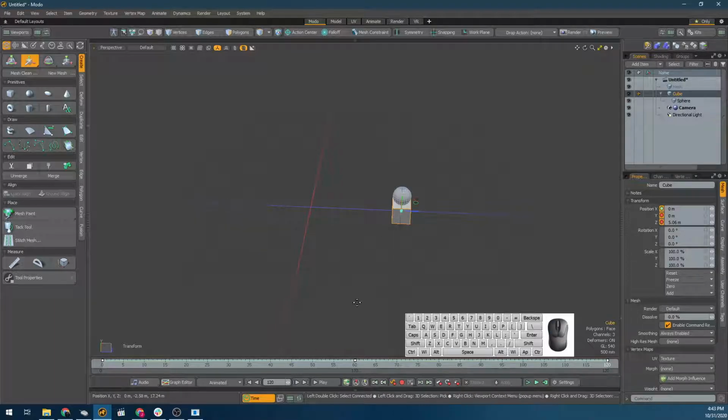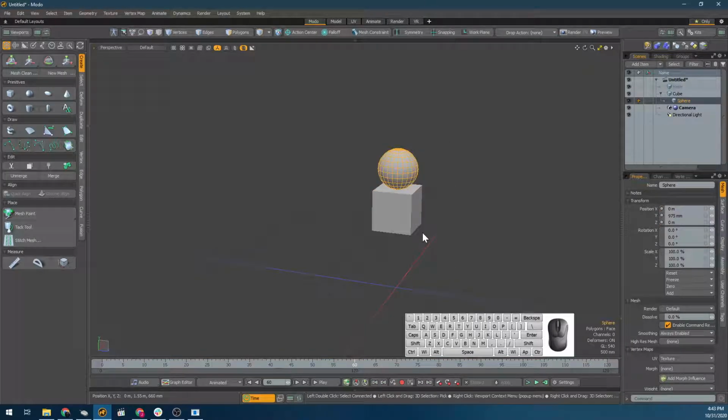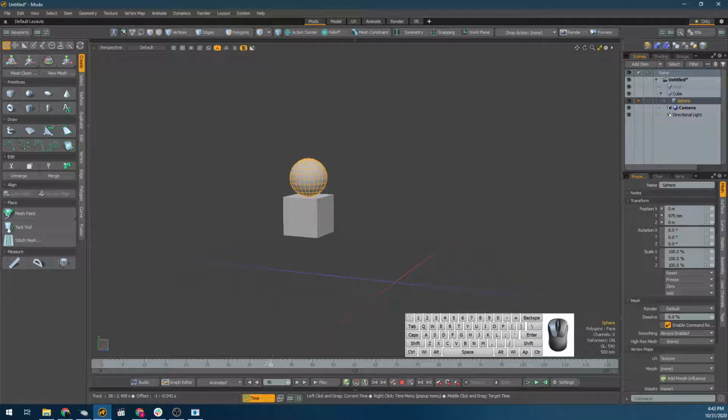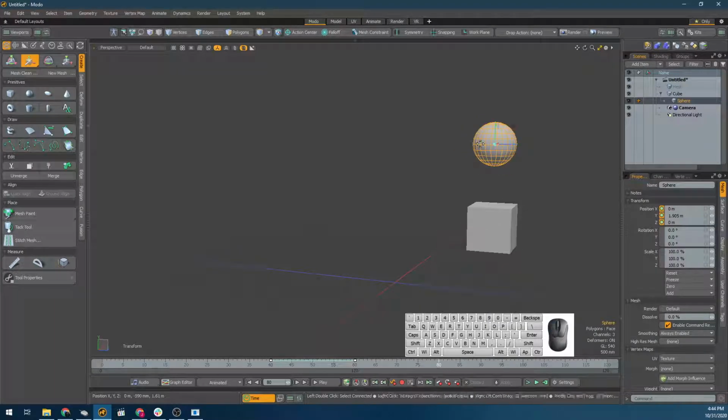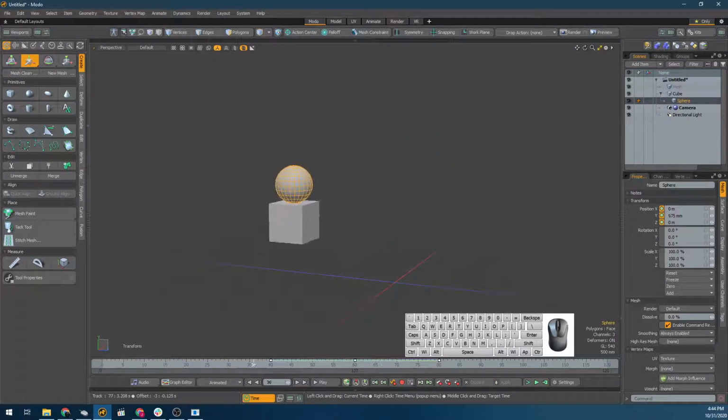Now, if I wanted to, let's say at frame 60, have this sphere move up off the body a little, just to exaggerate it, I could do that by keying its position at, let's say, frame 40. So we're going to key our position here. And then at frame 60, I'm going to move this up a little. And at frame 80, I'm going to move this back down. And you'll notice that it's not 0, of course, but it is relative to